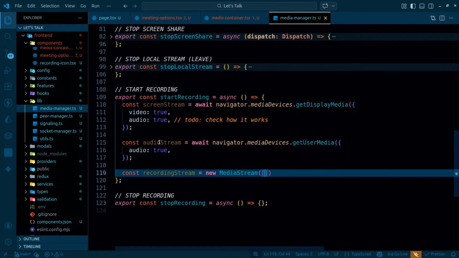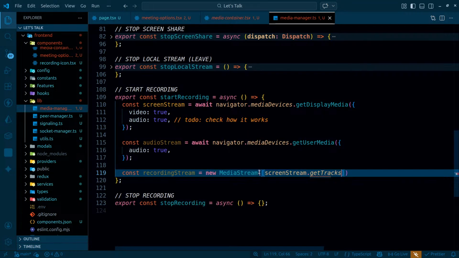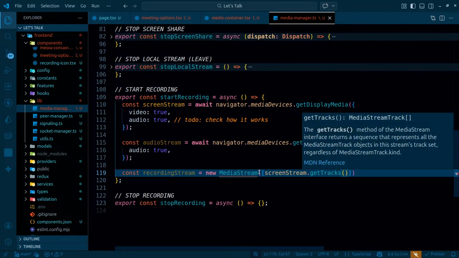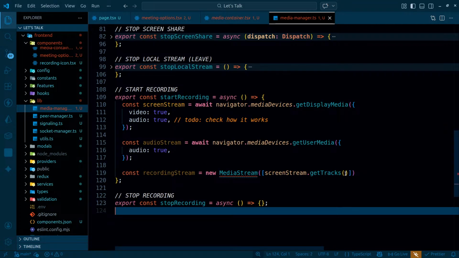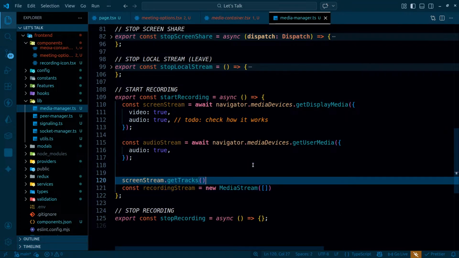So screen stream track. So I can just simply say that screen stream that I have dot get tracks. It will be giving all the tracks. Okay, get tracks what? It just simply returns me the tracks, and once it returns me the tracks, so ultimately here I get the array. Okay, just keep that particular thing in mind. Whenever you click this, when it comes to this particular thing, whenever you are getting this, so ultimately you are getting an array,